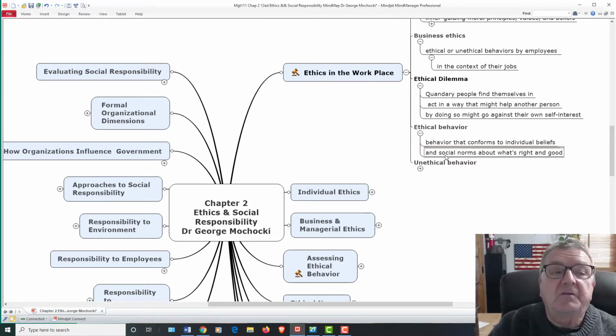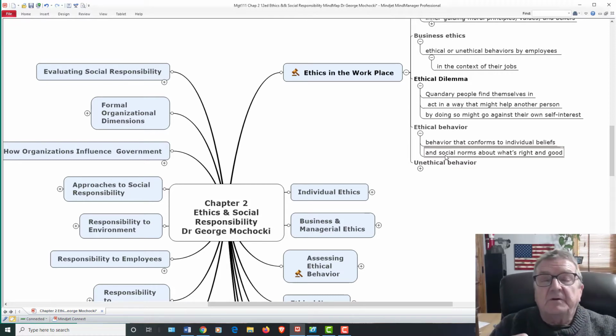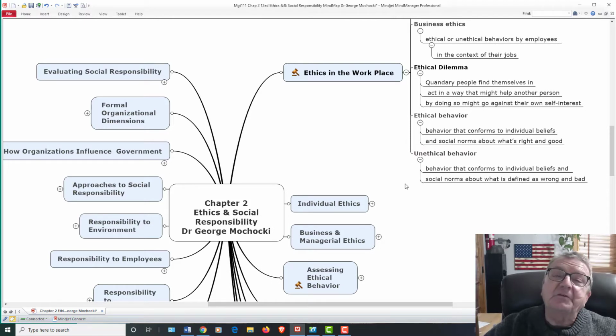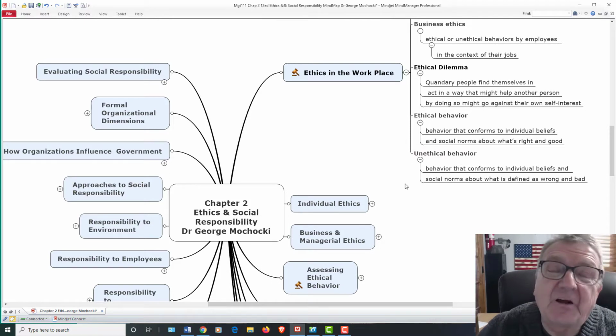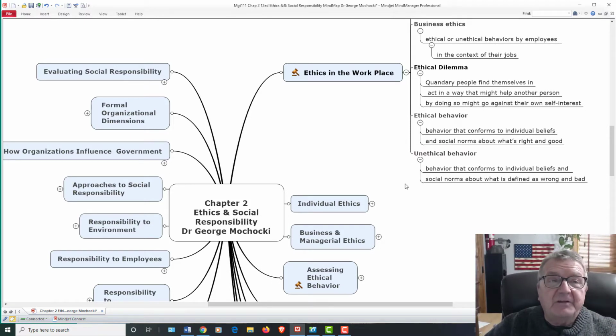And then when you look at ethical behavior, it is what most people believe is the proper behavior for this situation, proper behavior for this role model that you are acting out or working or selling as, like myself, as an instructor. What's the role model? What's the ethical behavior of an instructor? No favorites, treat everyone equally, try to help the student to succeed and not to fail within the course.